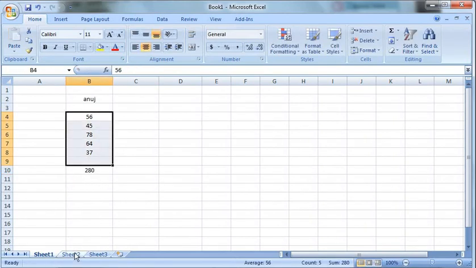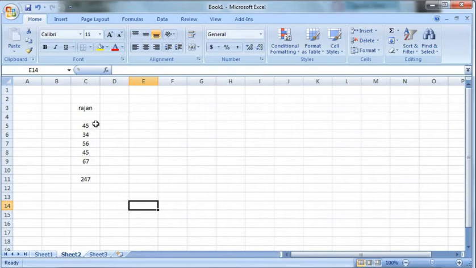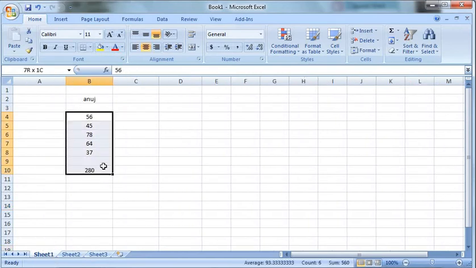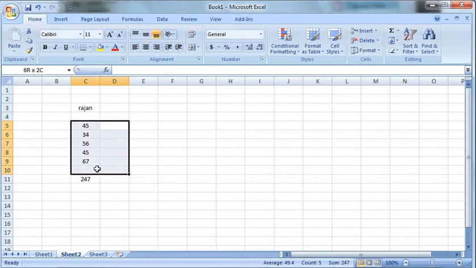And in Sheet 2 we copied and pasted, so we got 247. Why? Because the addition formula is there in this cell. We copied the formula, not the value. So here we got the addition of this, and here we got the addition of this, because the formula is copied in that cell. Getting it? This is very easy.